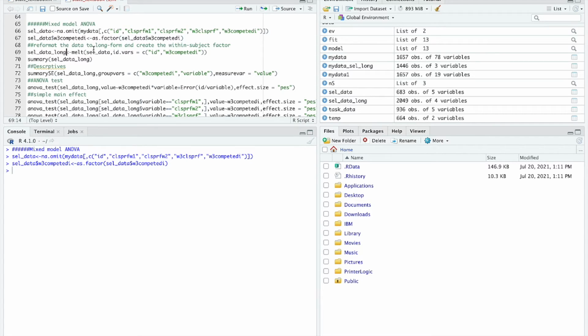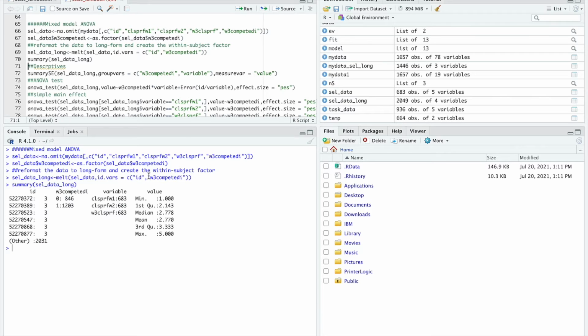Okay. And now here, we're going to run that so that we're telling the program R to recognize these variables as longitudinal measures, as repeated measures of the same construct over time. And now we'll get a summary of these